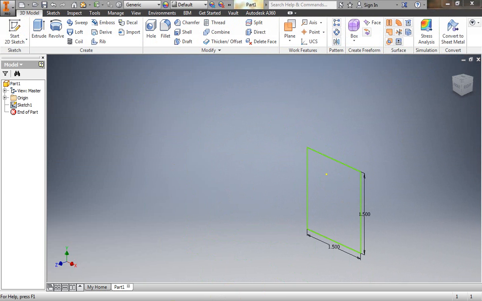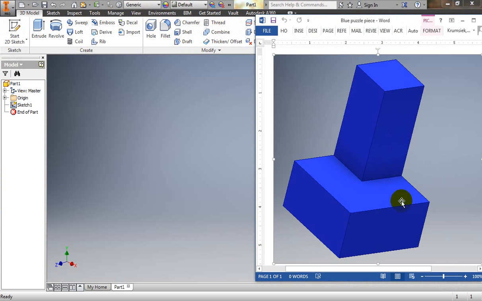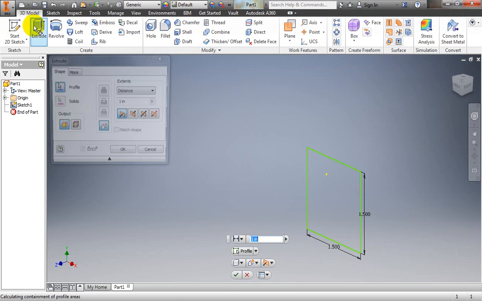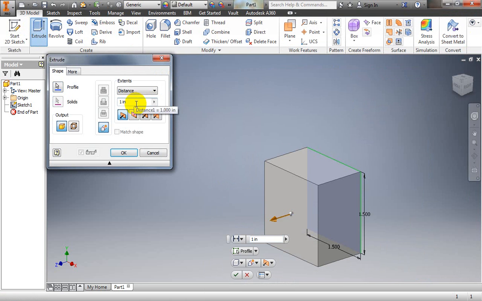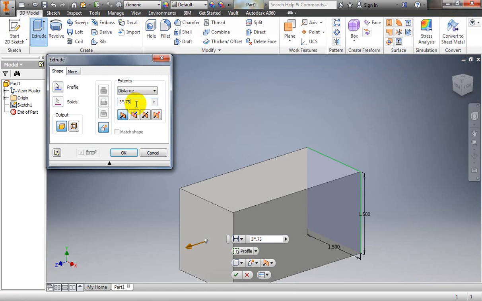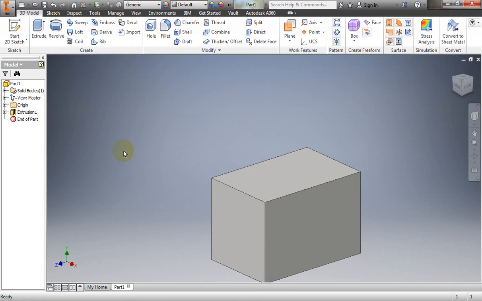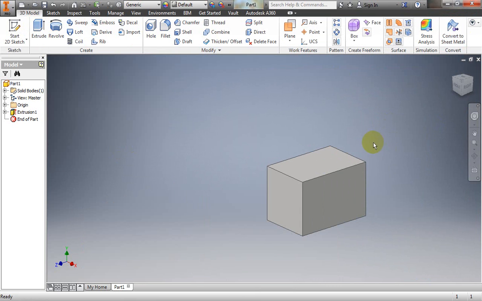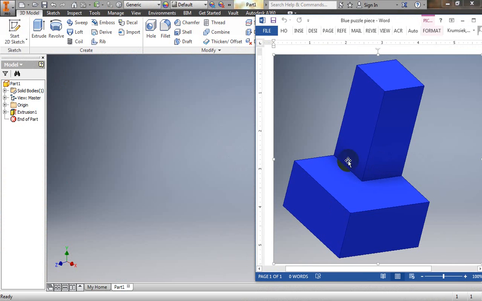This time, bring that picture back up, I want to extrude. I have 1 block, 2 blocks, 3 blocks high. So we're going to extrude this 3 blocks. So in my distance, I'm going to say 3 times 0.75. You can type in the number if you know what it is, but sometimes I make mistakes. And so now we have a block that represents all of the space, but we need to subtract out this